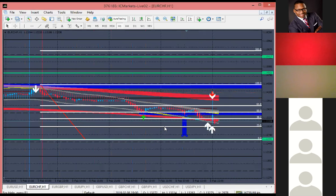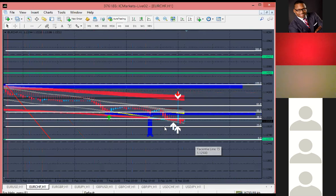So the price is going to stop exactly in between the quarter point 1.12750 and 1.12500. These are the predicted levels to enter the buy trades. And these levels are very strong. It means at this quarter point, 1.15000 level in the Euro CHF. Okay. If you take the same level,